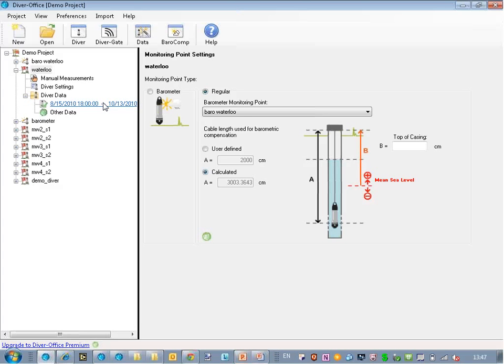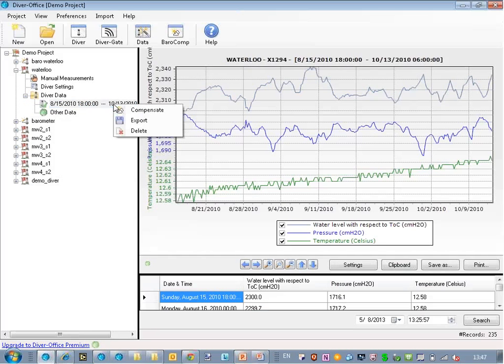I'm not sure what he means by one point only, but you can only compensate a time series; there's no way you can compensate only one point of a time series. But to compensate only one time series, the right-click method is the fastest way to do the compensation. I think that's what